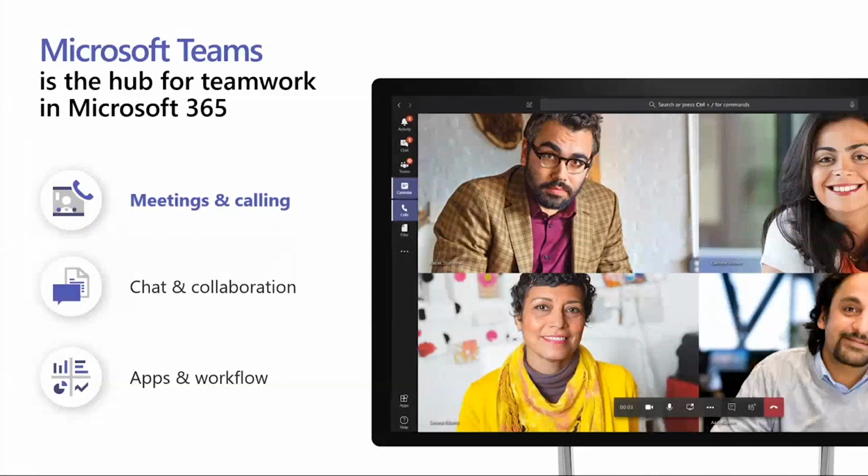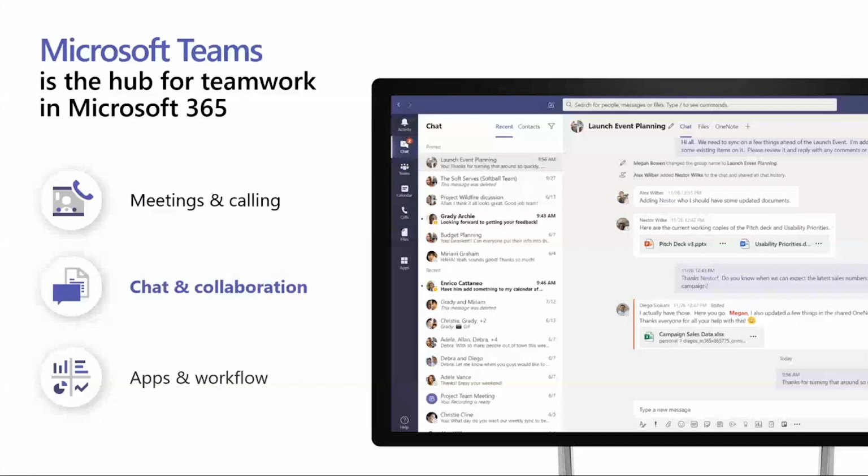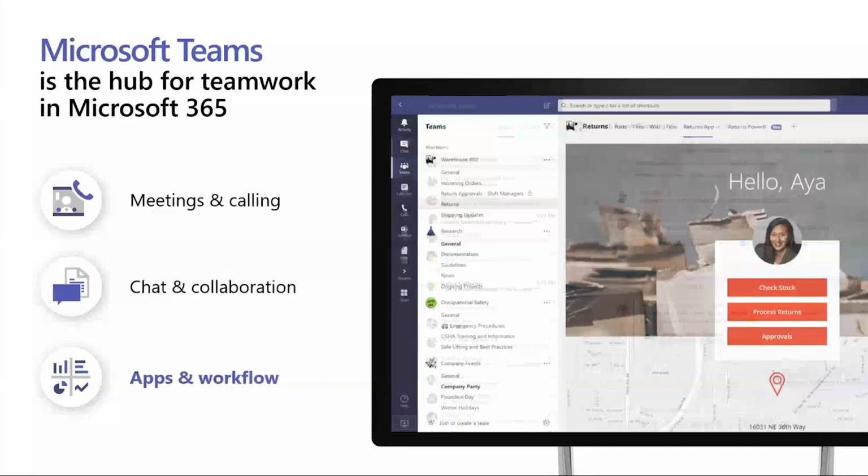So what are we going to be going through today as a whole? It will be a few different things. We'll talk about Teams and its capabilities around meetings and calling. We'll talk about the ability to chat and to collaborate. And then we're also going to talk about how we can extend Teams to the concept of Teams as a platform that I mentioned, where we look at extending this beyond just